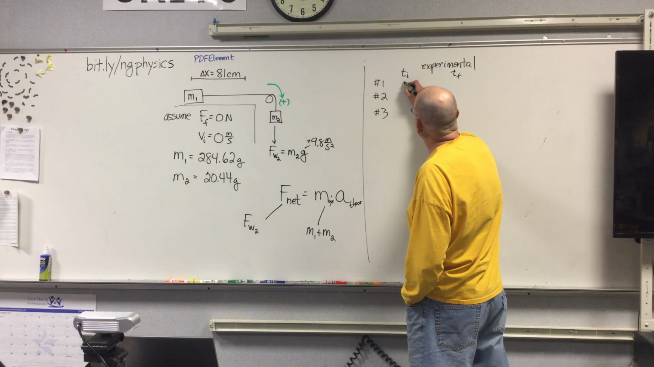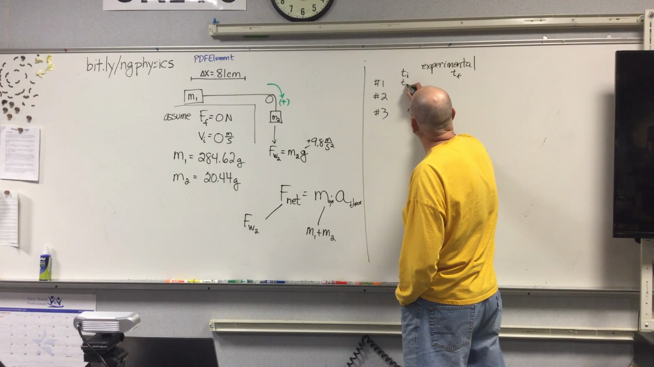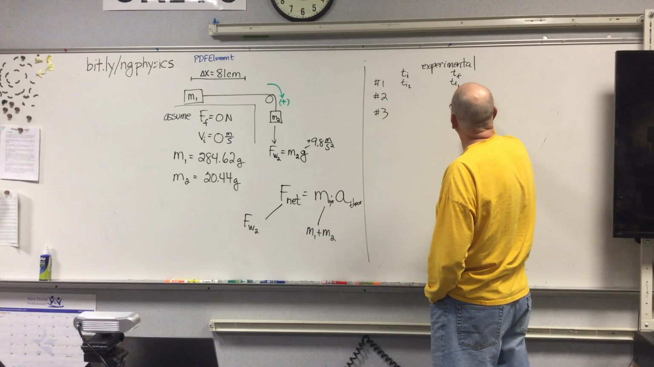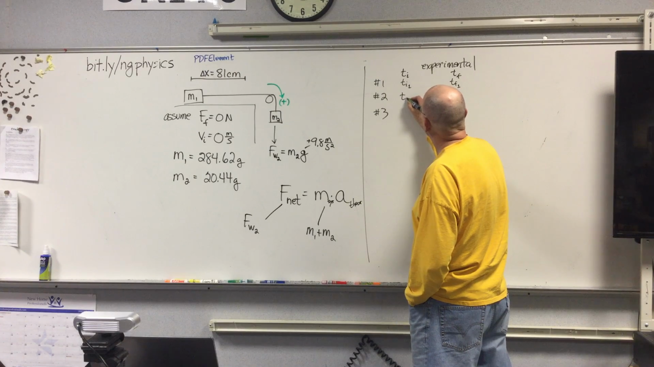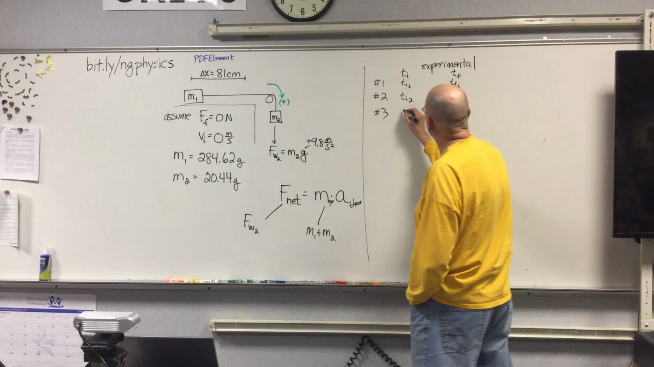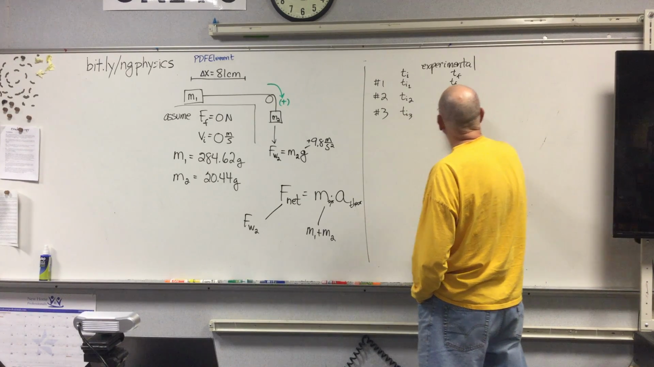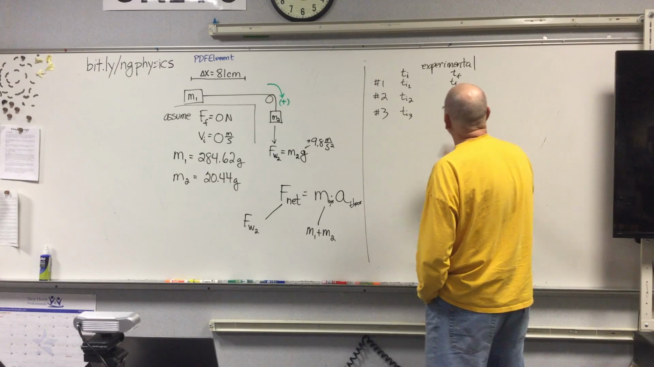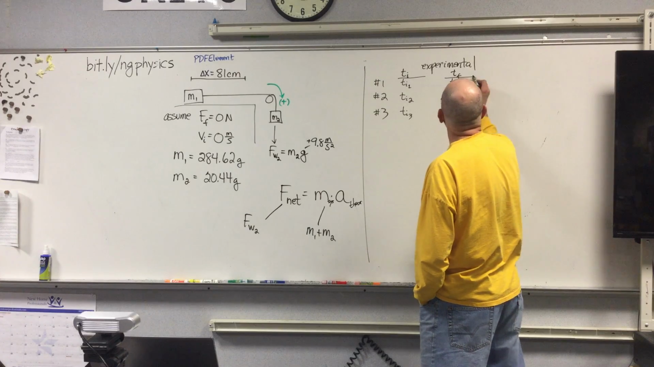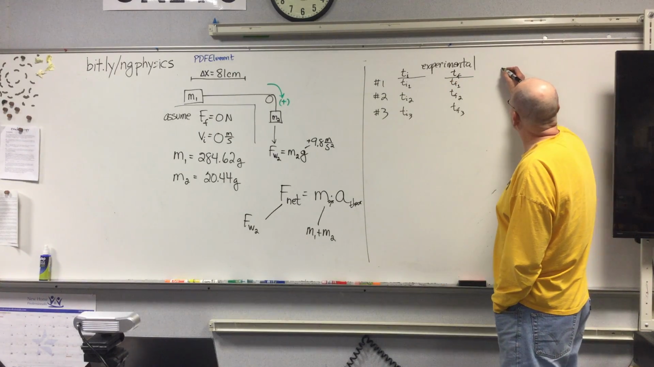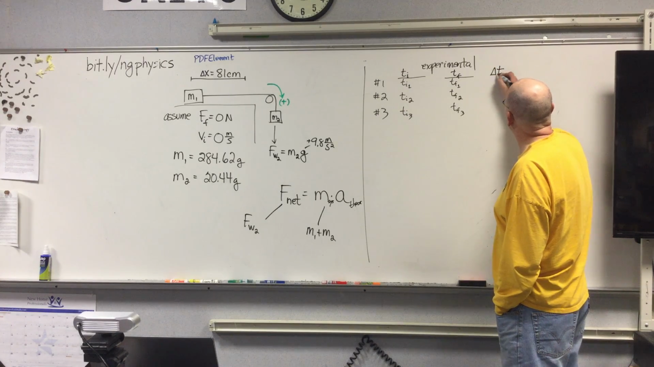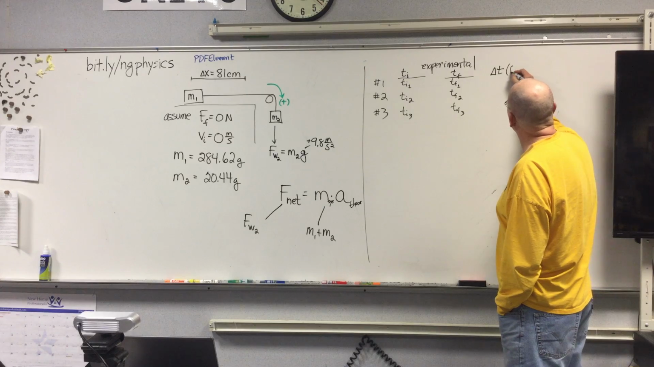So what we would want to do, and I'm going to call this TI1, TF1, TI2, TF2, TI3, TF3. Now what we want, and I'll underline this to kind of show that that's like a header, what we want here is we just want a time, and we'll call it a delta t, which would be our,